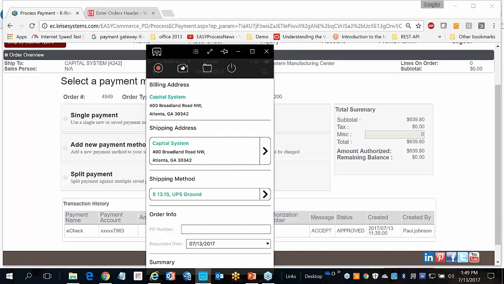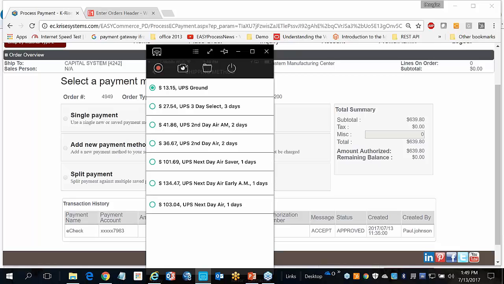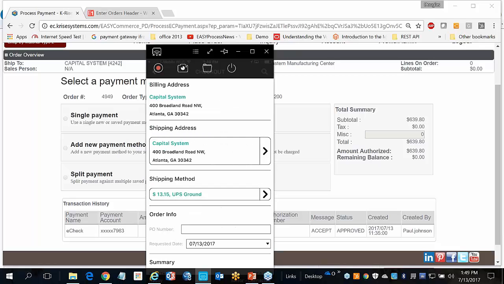Let's go through checkout. Let's enter, and once again, if there's a different default other than ground that you wanted to choose, you can choose that. And by the way, this is APIs. So Suman's going to show you the APIs in just a few minutes, but this is a web service to